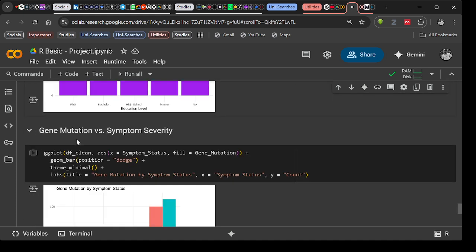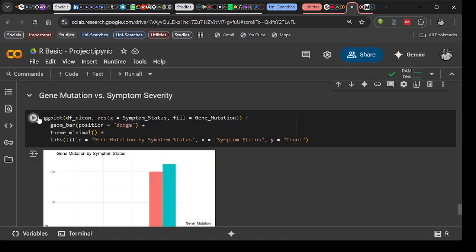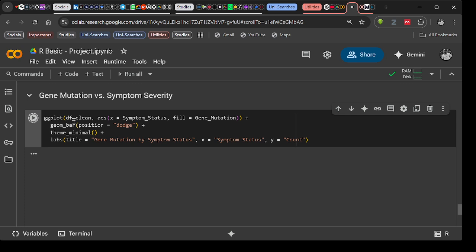depending on the time that we have. Now, we can also check gene mutation versus the symptom severity, so using the jump bar too. So, you can see here,